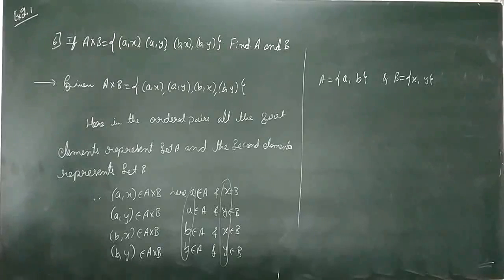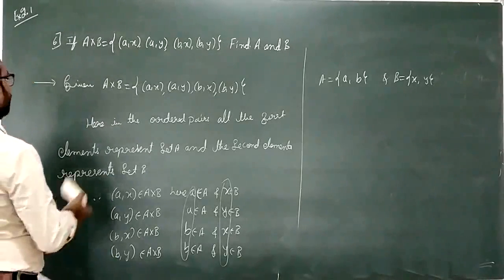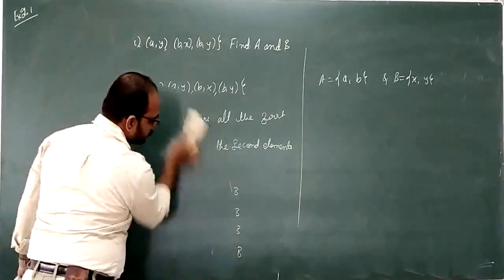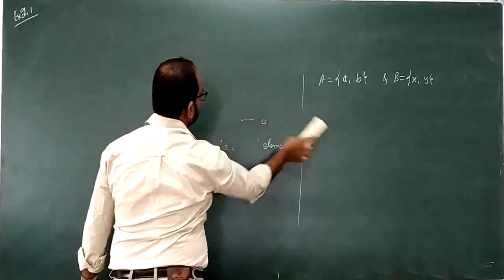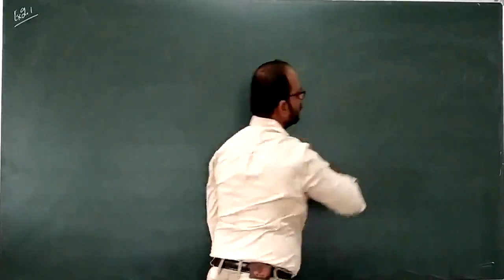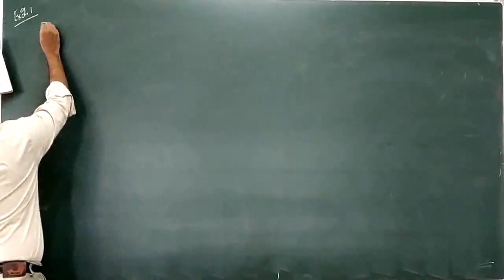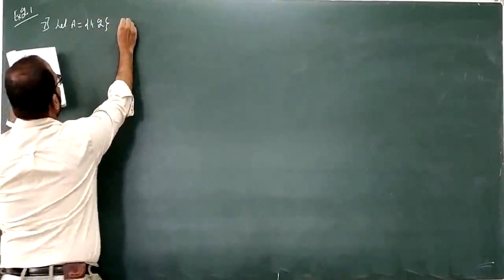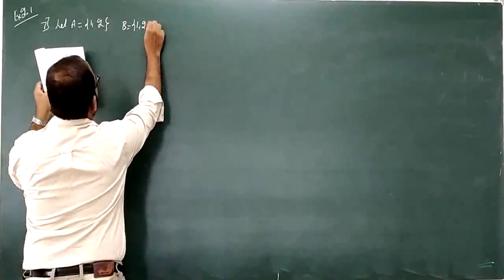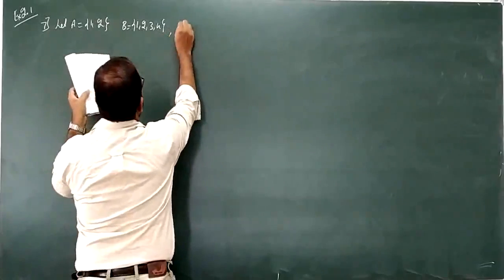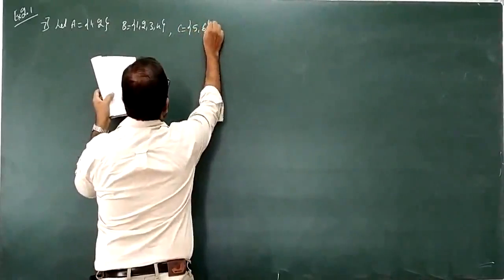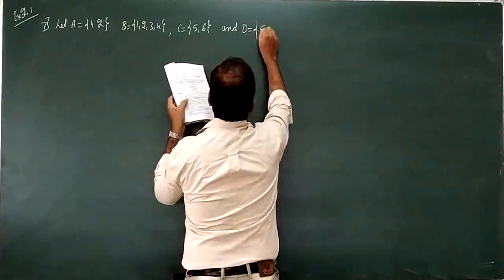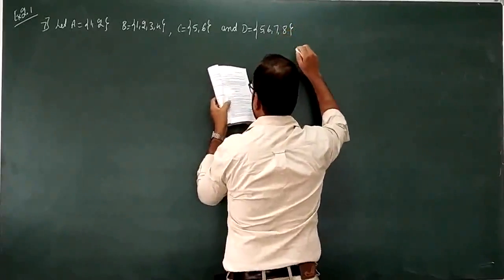Next one, seventh question. Let set A is equal to {1, 2}, set B is equal to {1, 2, 3, 4}, set C is equal to {5, 6}, and set D is equal to {5, 6, 7, 8}. Verify that